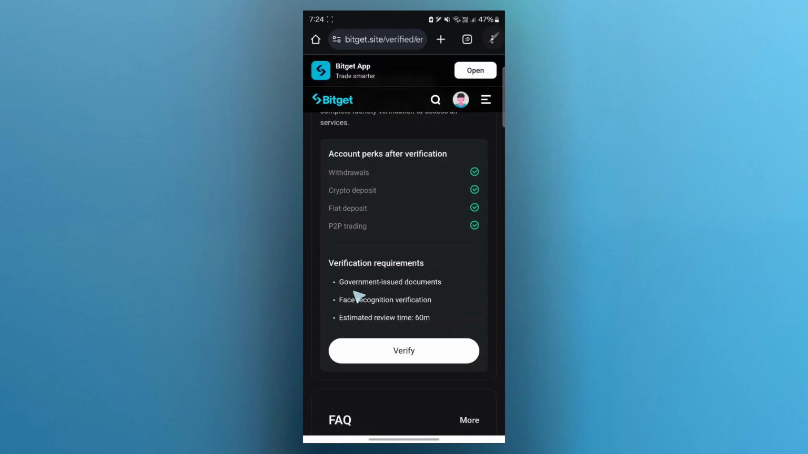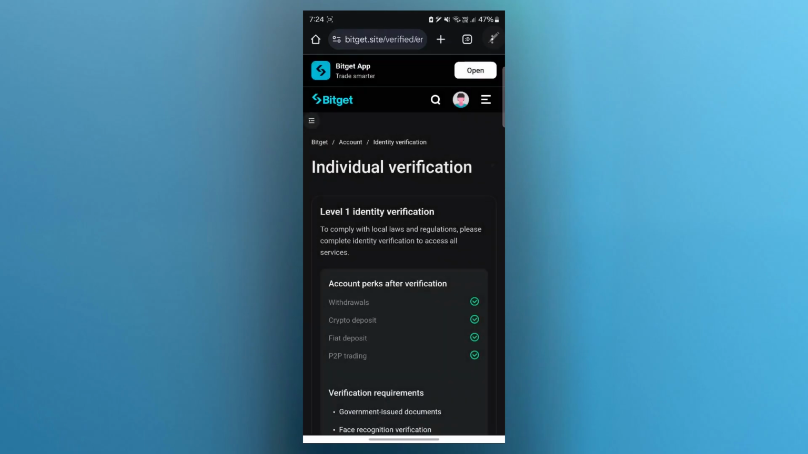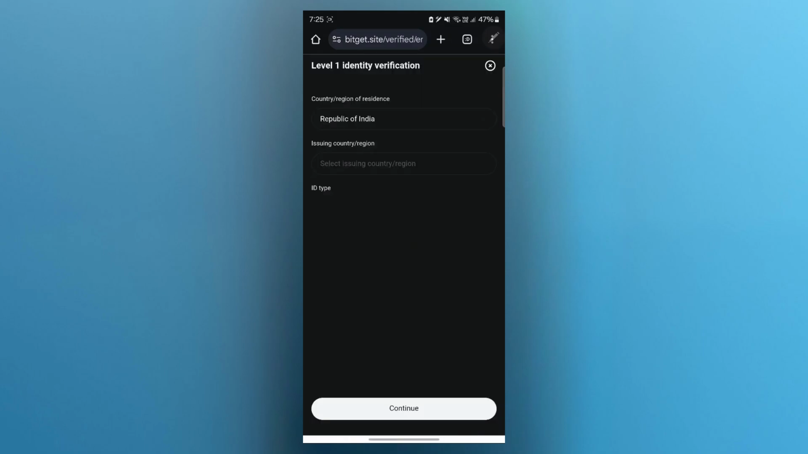We'll have to simply provide your government issued documents, provide face recognition verification and the estimated review time is 60 minutes, that is 1 hour. Click on verify, then follow the prompts, complete the verification and you'll be successfully able to use all the features. As you can see, when I click on verify, it has prompted me to this level 1